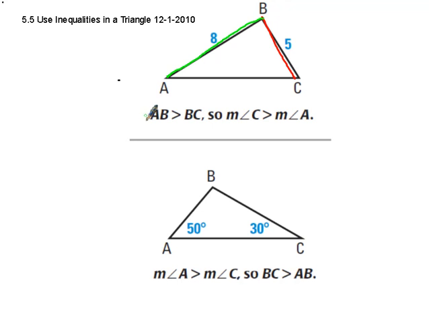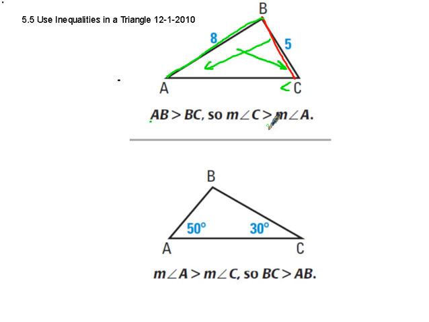Using what we're learning today, we can figure out which angle is smaller. So 8 is longer than 5, so angle C is going to be larger in measure than angle A. So that's the concept we're working with. But we're always talking about the angle that's opposite the side. What this says is side AB, the one I did in green, is bigger than the length of BC. So our conclusion is